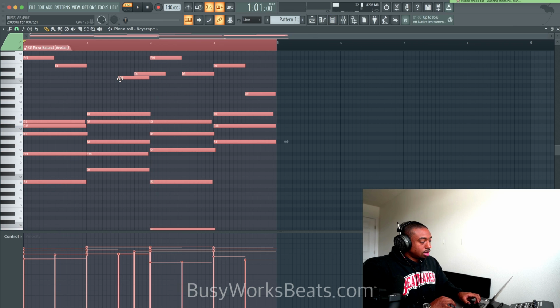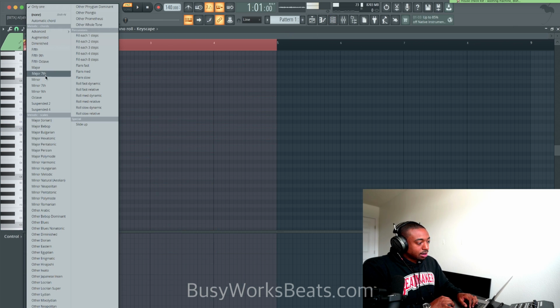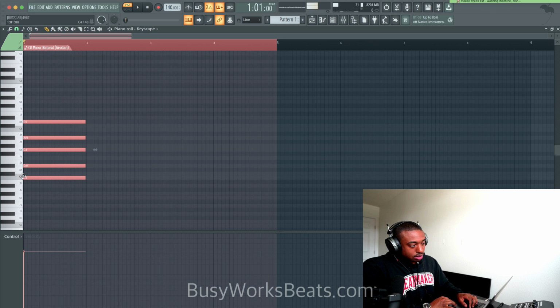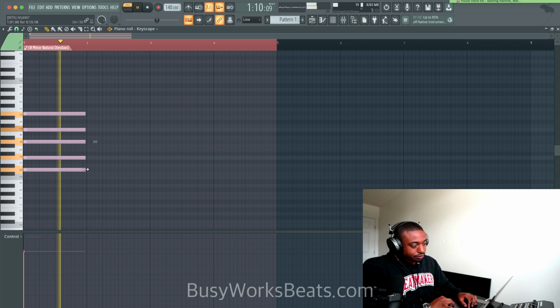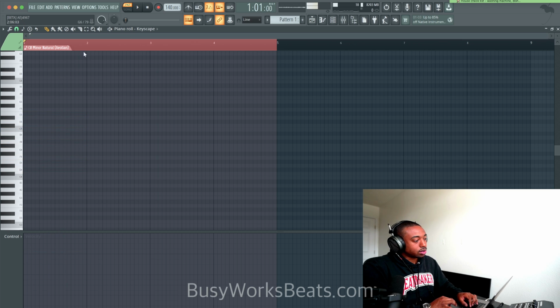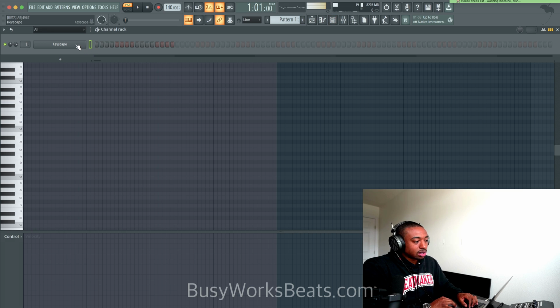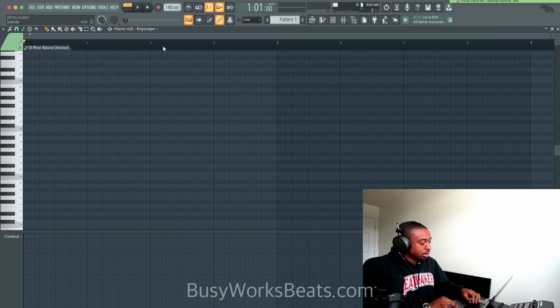Because let me show you guys something. Under chord stamps, you have these things called minor ninths. They're very lush chords. These are very jazzy. So I'm wondering why we don't get these type chords. So maybe there's going to be new AI models added. I'm not sure. So let's hit Alt-P again.